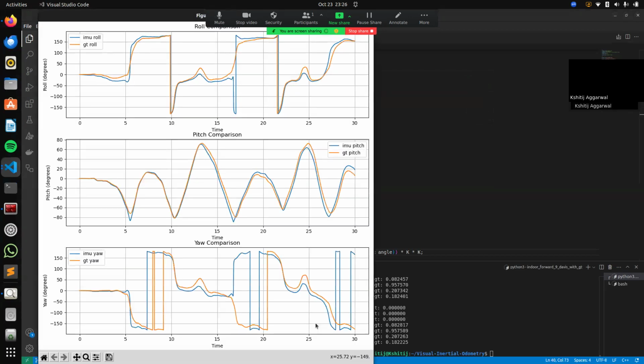The orange graph is the ground truth data captured via the Vicon system, and the blue graph is the estimated data from our pipeline. We can see the roll, then the pitch, and finally the yaw comparisons on the bottommost. There are some sudden peaks and troughs in the yaw, but this is due to the logical implementation in